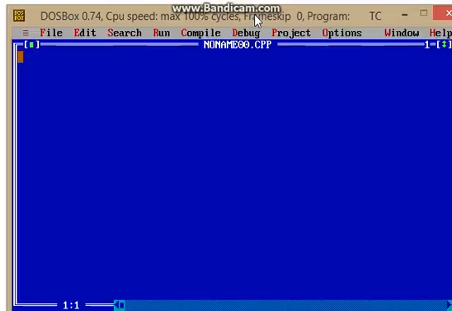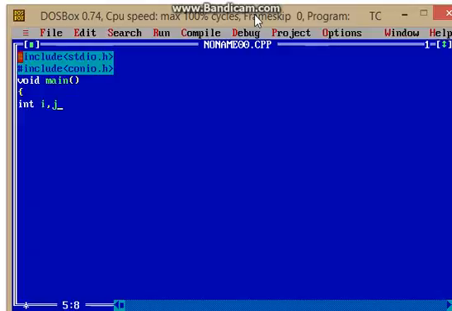First of all we will include header files, stdio.h, and include conio.h, so that we can use getch and clrscr. Then void main function, and you will declare some variables of integer type. That is, for one loop we have to declare variable i, and for the other loop j, and also n to take the input from the user.